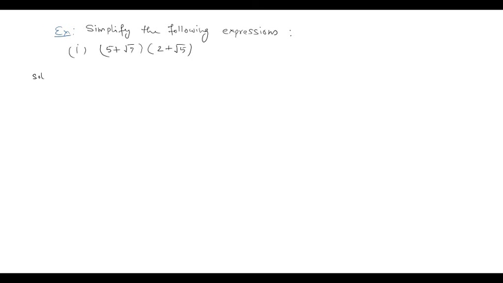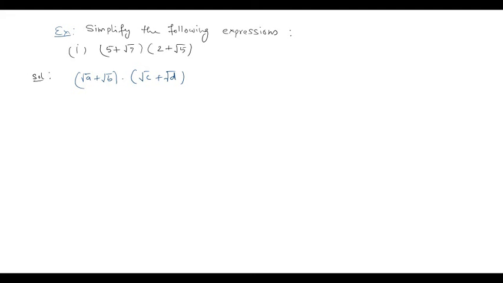What will be the solution? Here we can clearly see square root of a plus square root of b times square root of c plus square root of d. By applying this identity, we will get: